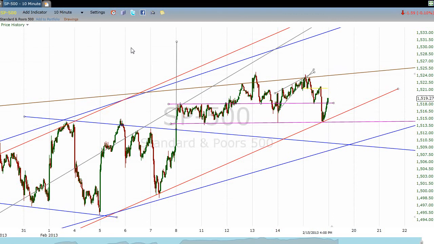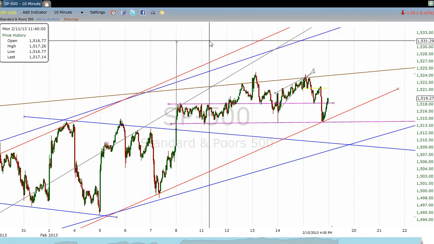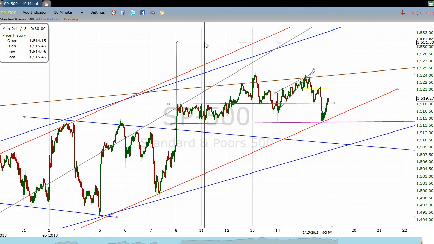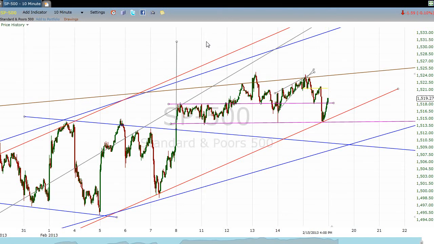So let's see, maybe we get a little carry through on Monday. If so, I would love to see this 1530 get met. Personally, I would really like to see that. And that can happen now without reaching this red line. So we just need to keep 1530, 1531 in mind as a target from this triangle,